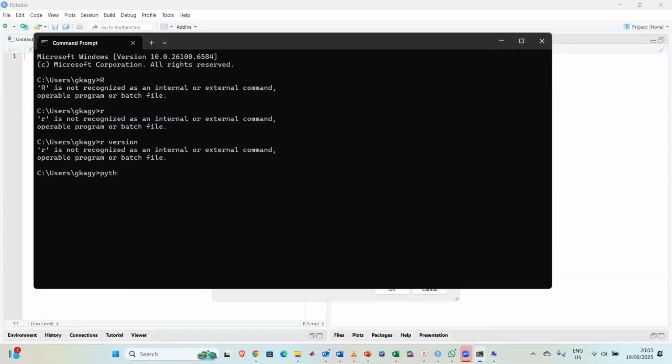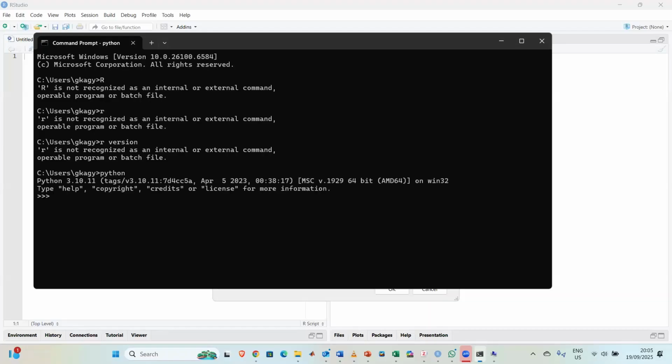So let's say I think I have Python. Yes. So you see this Python 3.1 blah blah blah. Now it has opened the Python app for me. So you see, Python is a programming language. It is found in the path of my system, so the command prompt knows that